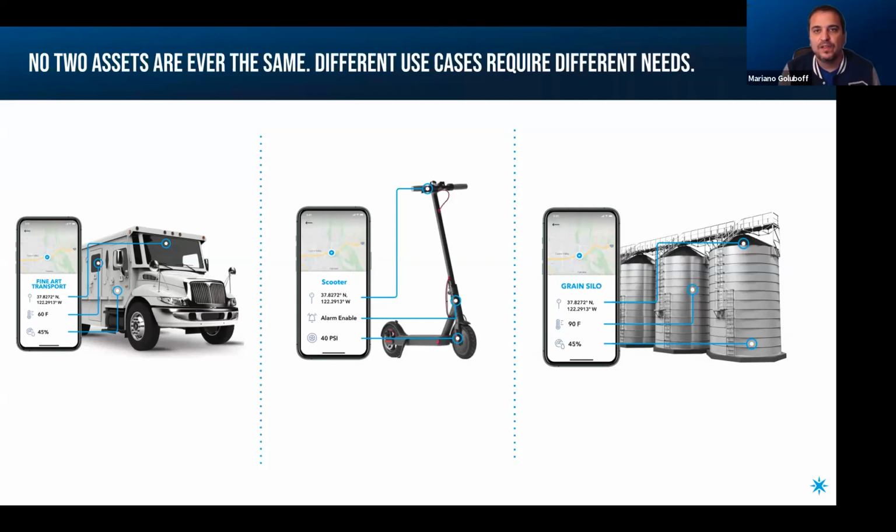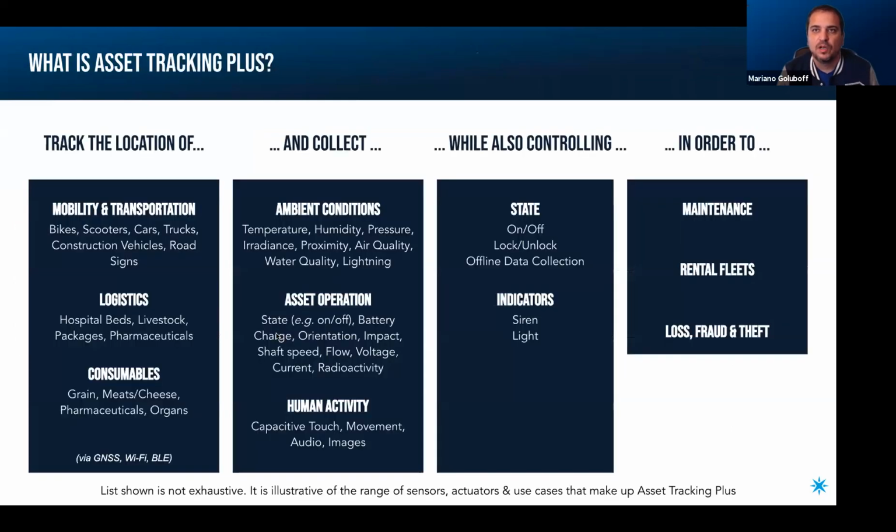But then different use cases have different needs. So applications will need to track the location of something, and possibly they also need to collect some data, or maybe control an actuator, always to achieve some sort of business goal.